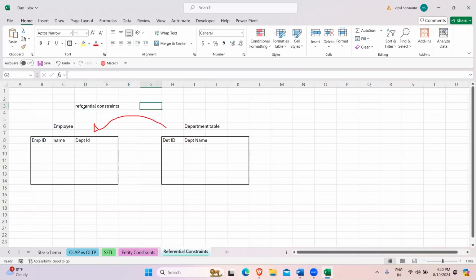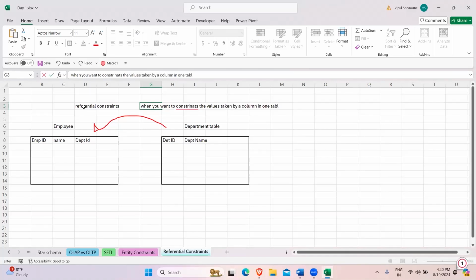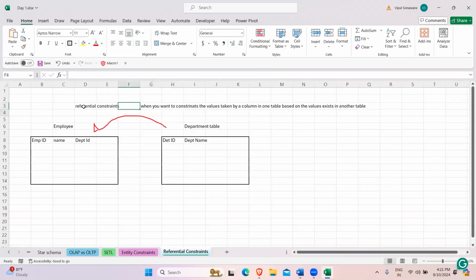So let's add a definition for referential constraint. Constraints: when you want to constrain the values taken by a column in one table based on the values that exist in another table, right? So the department table has got department ID and department name, as we have discussed, and we can already specify